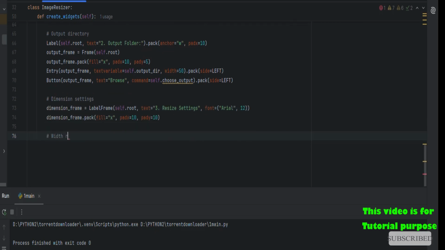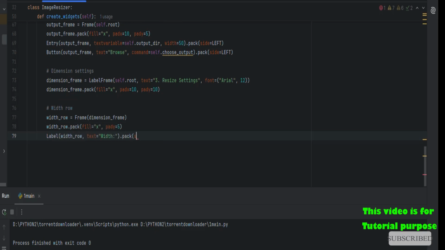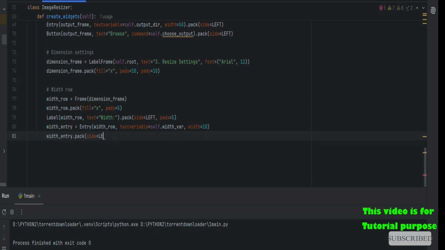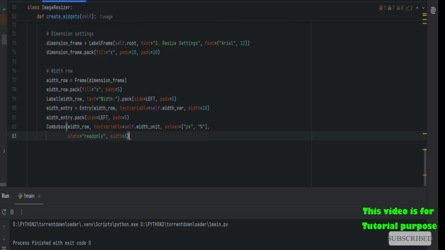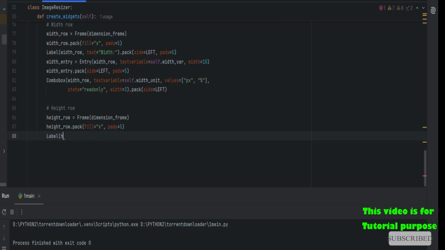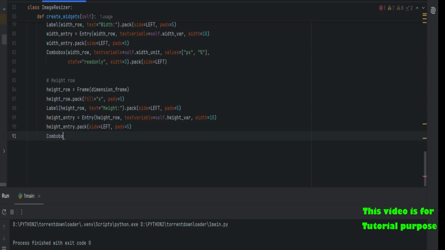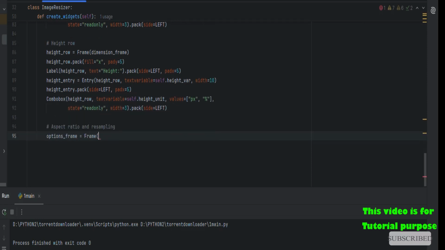It initializes variables to store the list of selected image files, the output directory where resized images will be saved, width and height values for resizing, units for width and height, pixels or percentages, a boolean to track whether the aspect ratio should be maintained, the resampling filter to use, e.g. Lanczos, bilinear. The createWidgets method is called to build the GUI, and the mainloop method starts the tkinter event